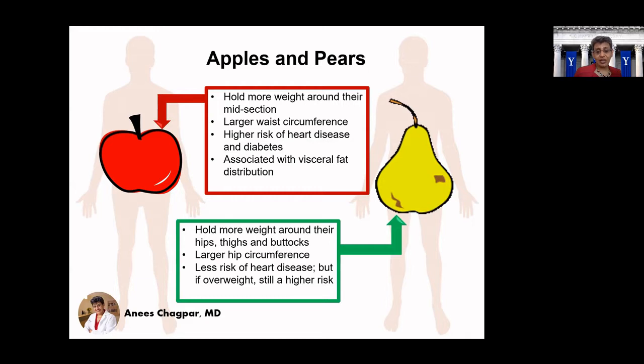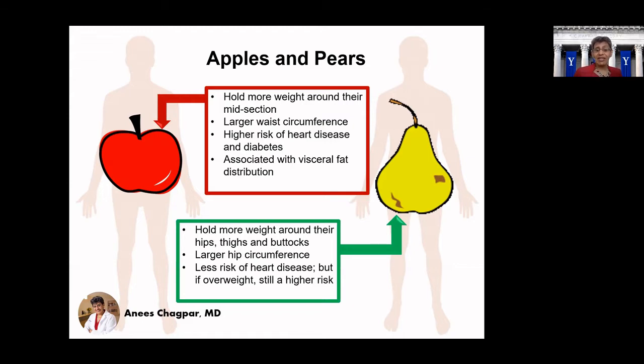Now, the pear-shaped bodies are people who hold more of their weight around their hips, thighs, and buttocks. They have a larger hip circumference, and while, yes, they have less of a risk of heart disease than the apples, if you're overweight, regardless of where that weight is distributed, that has some serious implications in terms of your health. Now, we've had other videos talking about how to start losing weight, and I'll link those in the dialog